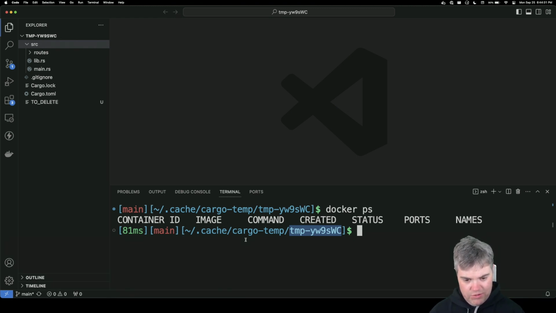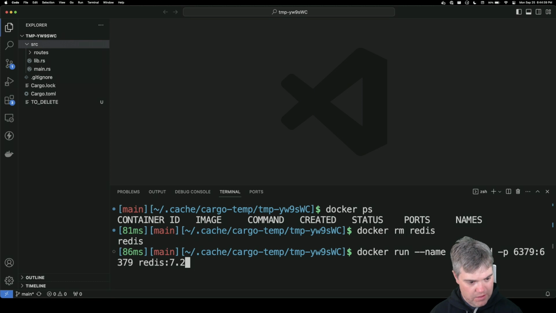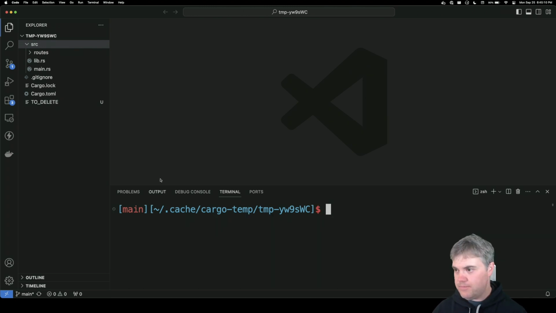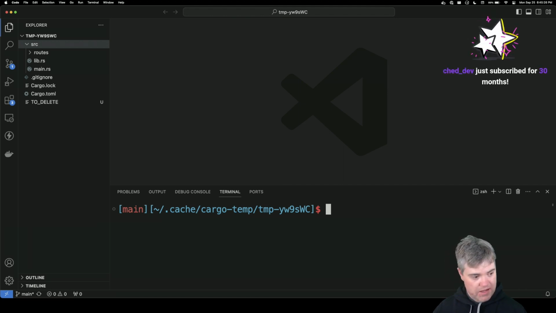All right, let's do Docker move Redis. Okay, this is the command that I did: docker run --name redis -d, so daemon mode, with port 6379, and a version of Redis, which is the latest version that we saw the other day. So it probably still is the same version. So I need to start Redis. I need to connect to Redis. I need to create